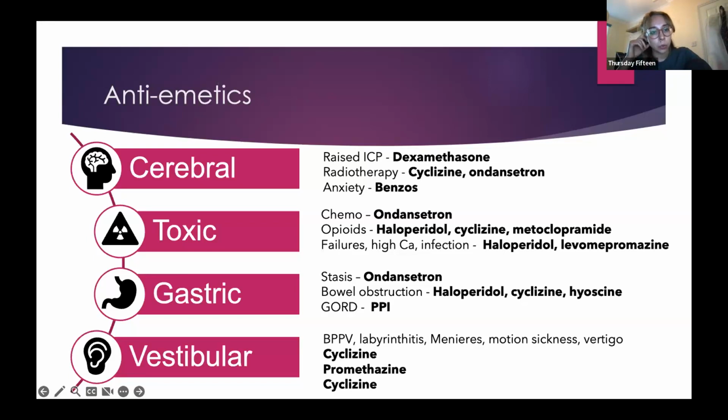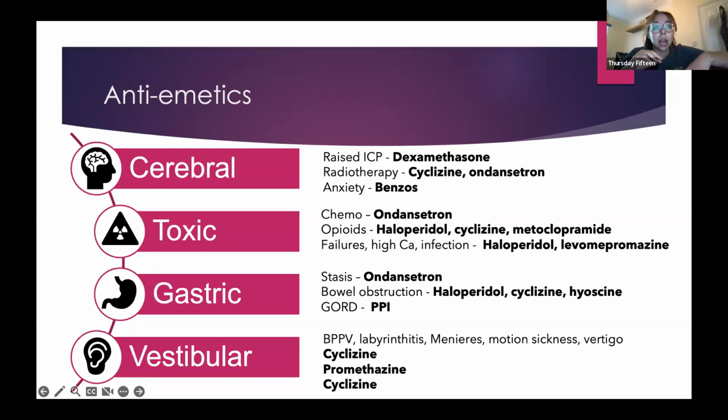With toxic nausea, what we're referring to there is lots and lots of nausea and then small and frequent vomits. That's generally how people describe this type of nausea, and the vomiting doesn't tend to relieve the nausea itself. And this is often related to drugs. So like in this question, the opioids and the chemotherapy can trigger nausea, and they're well treated with the generic ondansetron, haloperidol, cyclizine, metoclopramide, all really good at treating drug-related nausea.